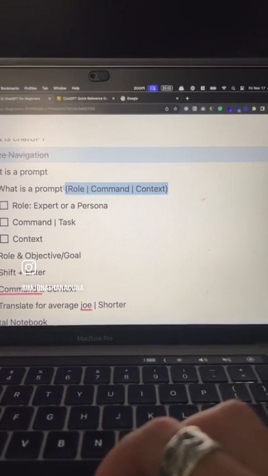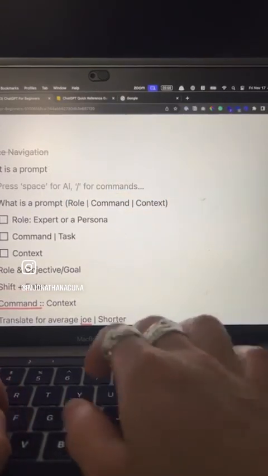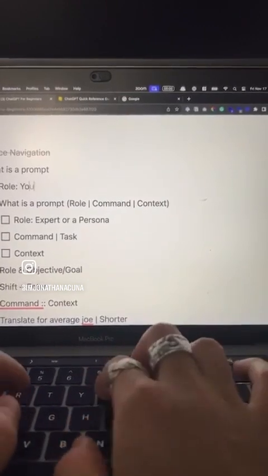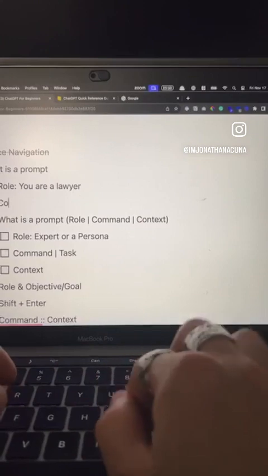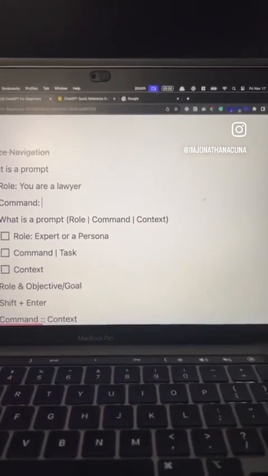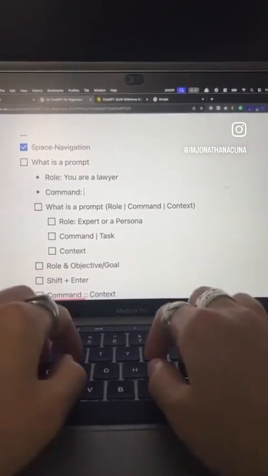You have a role, a command, and context. Let's break down what that is. If I do a role, I can say, you are a lawyer. I have a command. Then I'm going to say, try to zoom out. There we go. Command, I'm going to say,